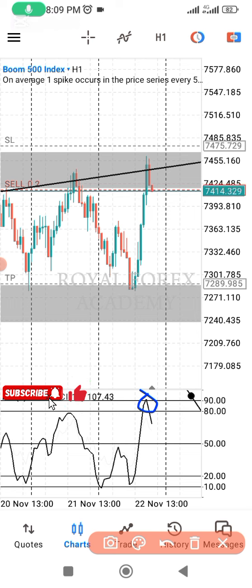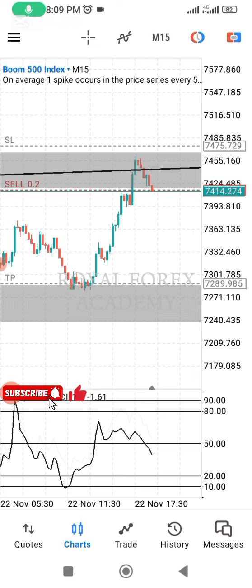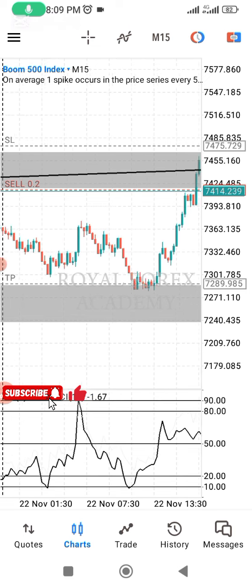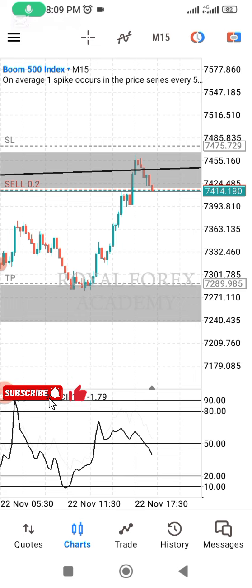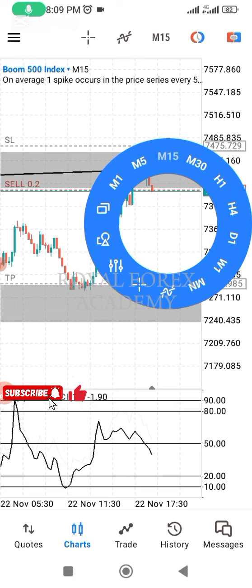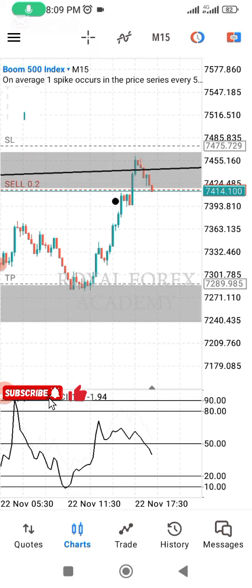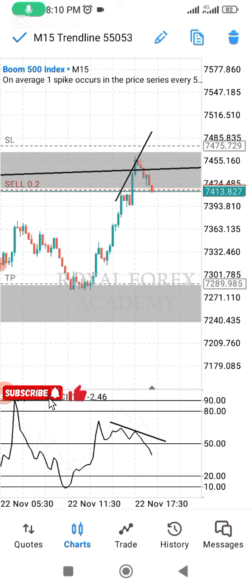Then I went to my M15 and I wanted to see an entry signal. And on my M15, it gave me a divergence. I am having a divergence at that zone. So I am having a confluence, and my confluence is my support and resistance combined with my divergence and my commodity channel index. And if you look at it in the long term,